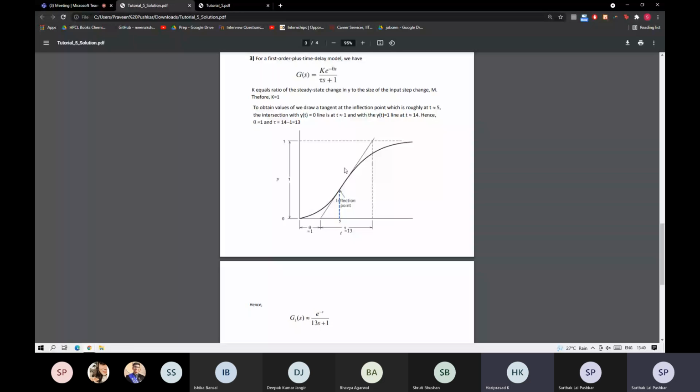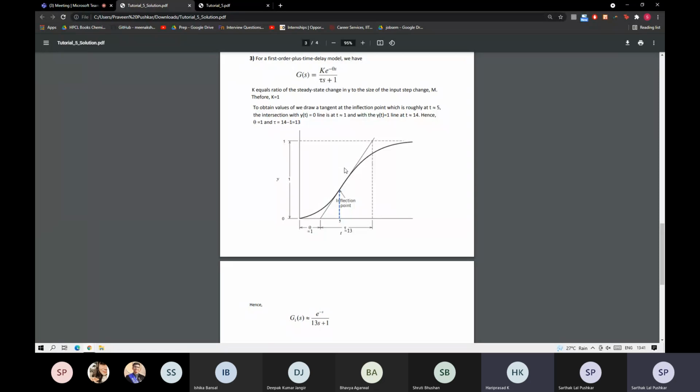The point of inflection is the point wherein the slope of the system changes dramatically. Here, the slope is in this direction, then it becomes flat, then it changes to the other direction. So the point of inflection should be somewhere here, and you have to draw a tangent, and that tangent would cut the x-axis,